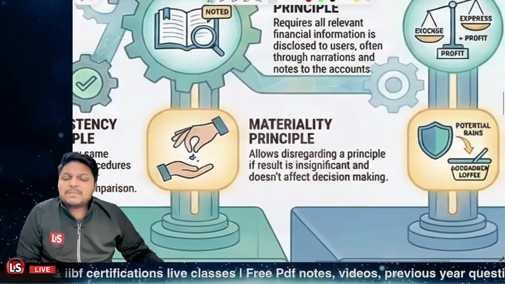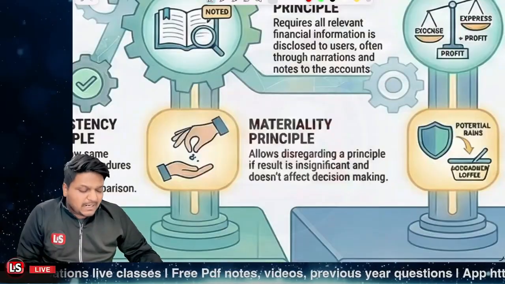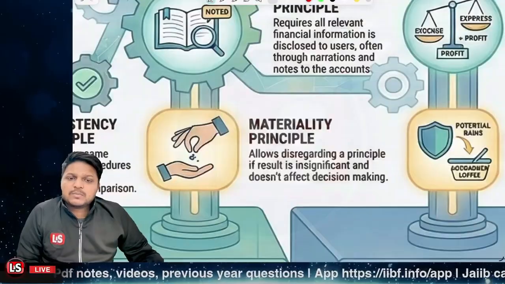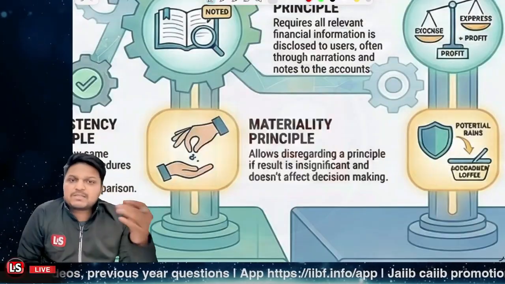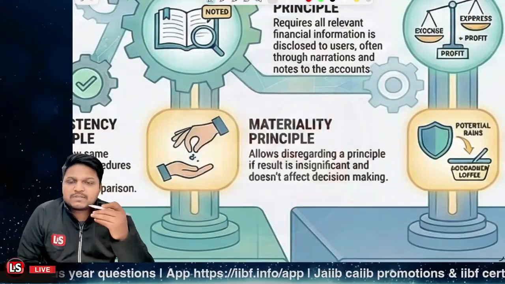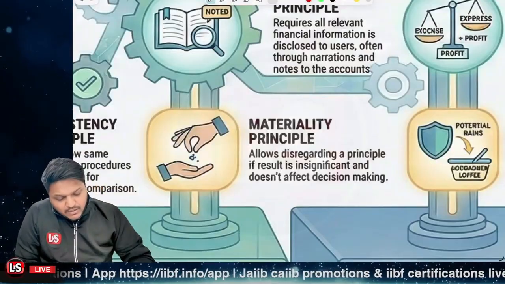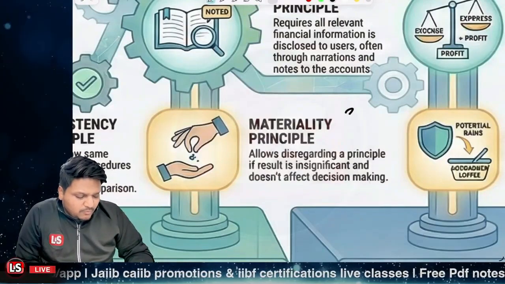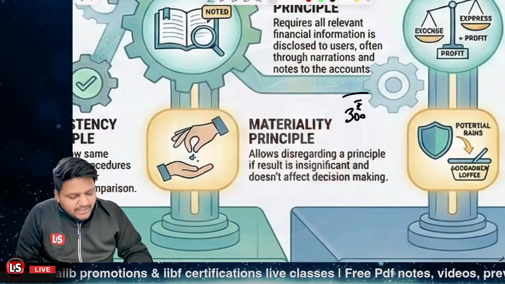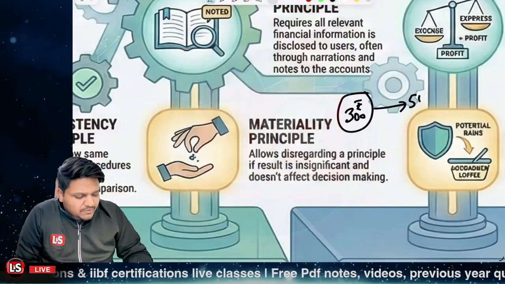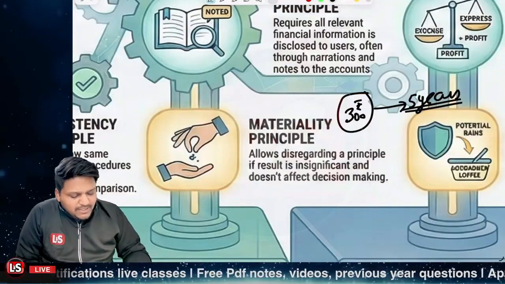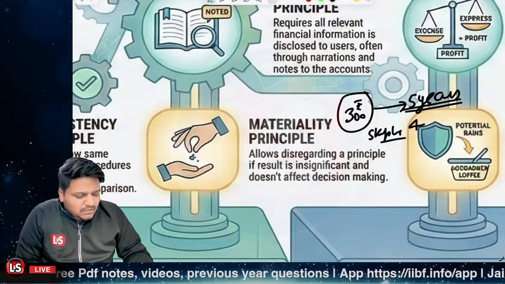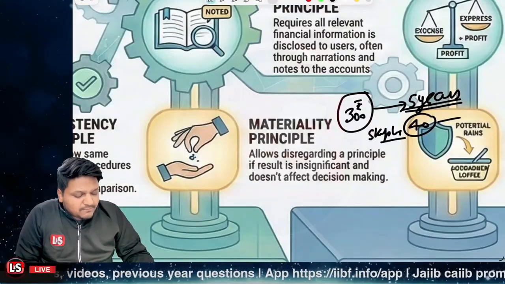Further, it's the materiality principle. Now, the materiality principle says, let me just give an example. I'm to record, let's say, depreciation on the fixed assets, right? Whatsoever the fixed assets are, I'm to record the depreciation on them. Now, consider that I have a wall clock amounting to rupees 300, and its useful life is the next 5 years. Or let's say I have a punching machine or stapler amounting to rupees 40, and it is going to last for the next 4 years.